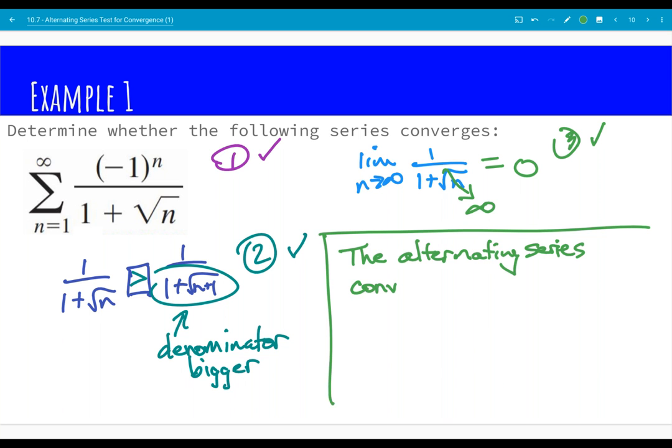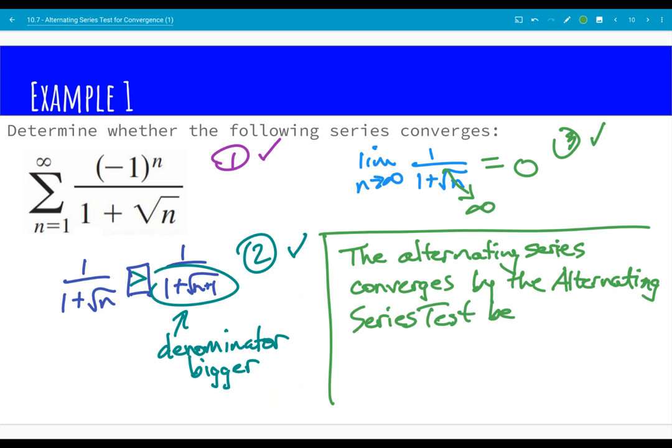converges by the alternating series test because, now we need to mention these three conditions here that were met. First one I actually already did. I said it was an alternating series, so first condition is good. The other two, I'm going to say the